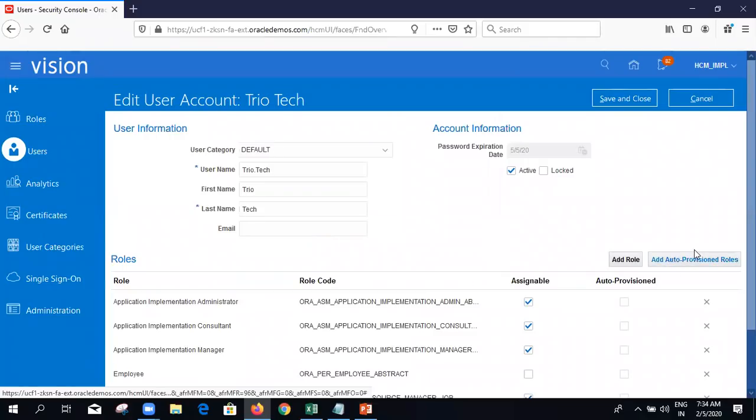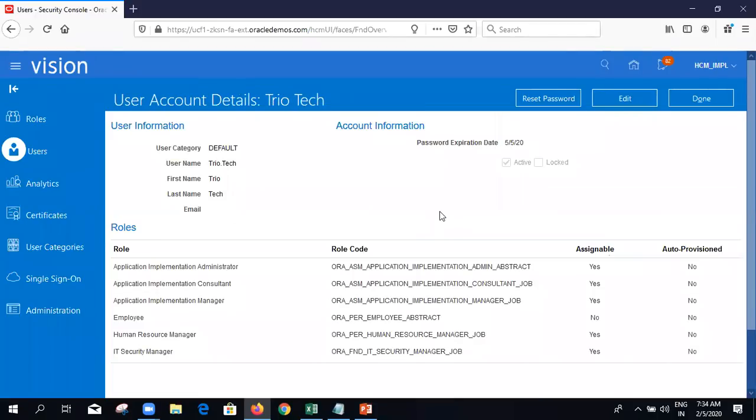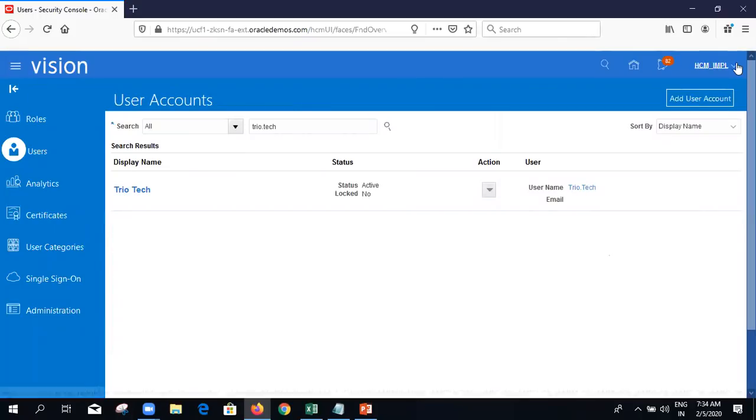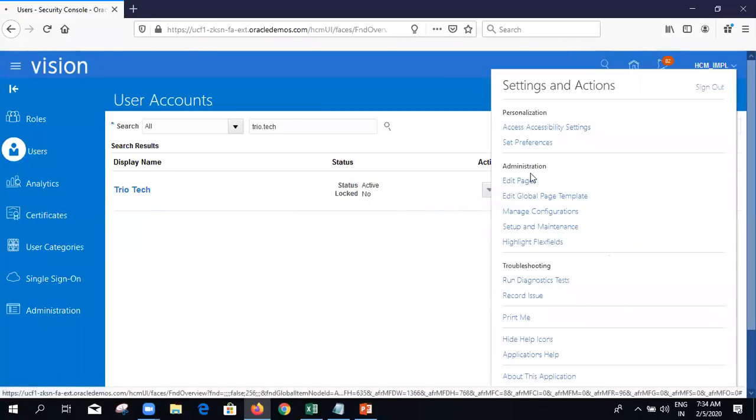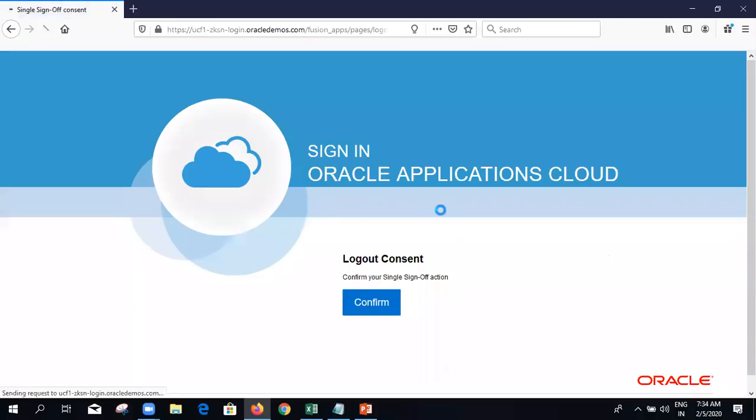This auto provision rules, what is this concept? Everything I will explain to you once we start with this roles concept in the security classes. Okay. Right now, my intention is to show you how to create the user accounts and how to attach the roles to them and how we will get access to the screens I want to show. Now I added the IT security manager role to my user account. And then I will come back and I will try to sign in with the